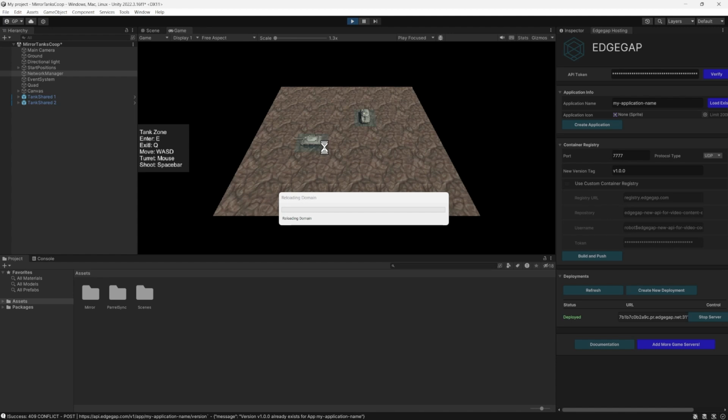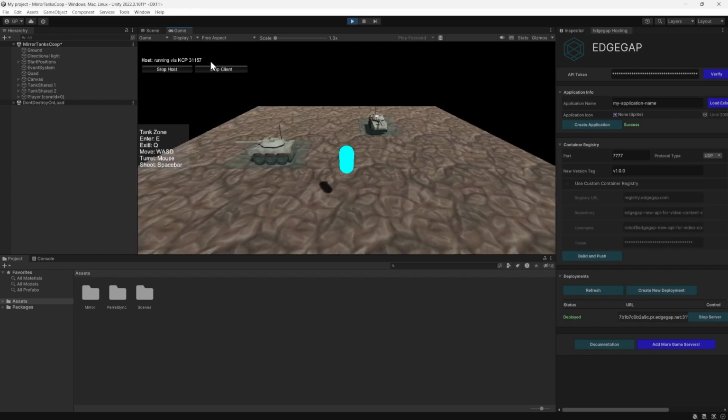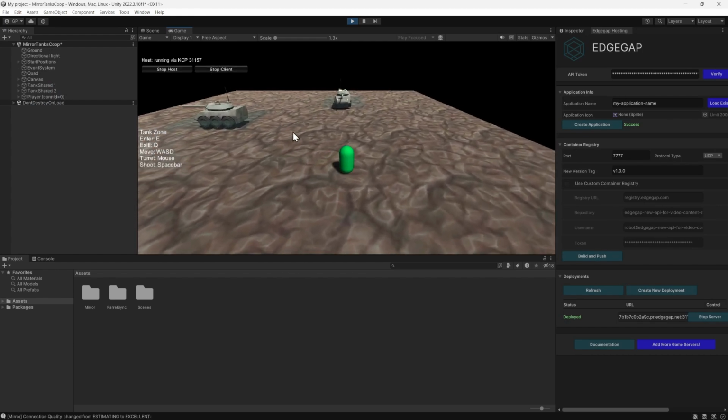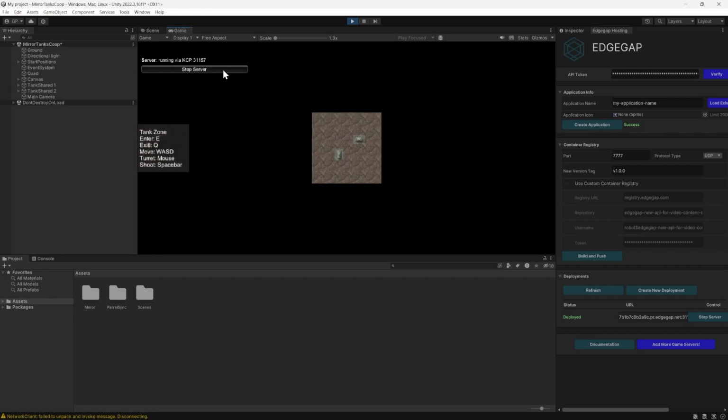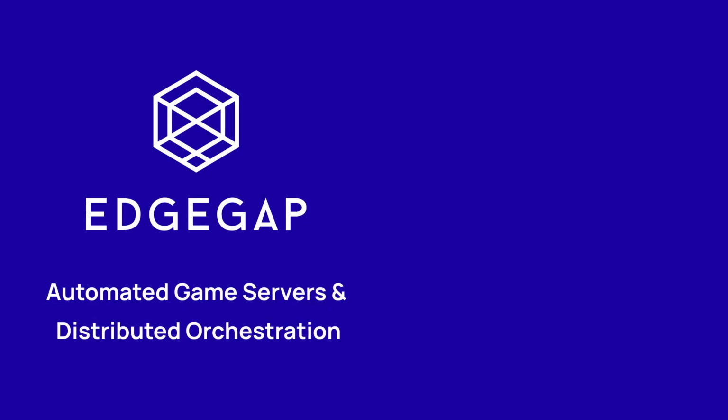Congrats! Your game is now online for the world to play. Evidently, test things first. In our case, using Mirror's sample project, we confirm the client's address is correct and can launch a session by selecting Client. Once you are done testing, return to the EdgeGap plugin to automatically stop the server instance by selecting Stop Server. That is all for the Mirror plugin on Unity using EdgeGap Game Server and Hosting.